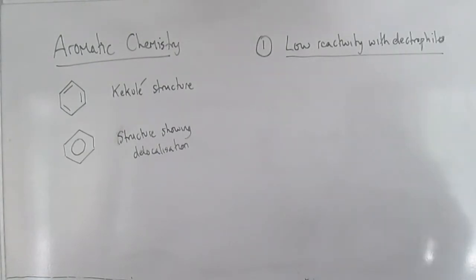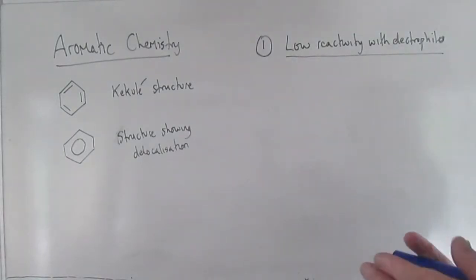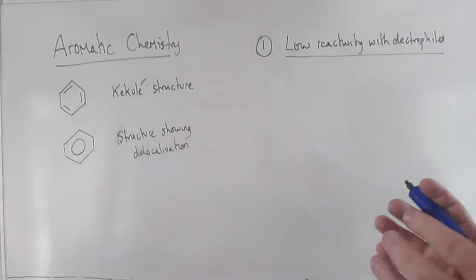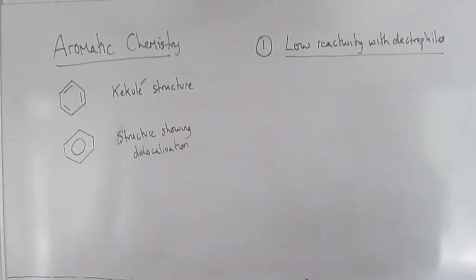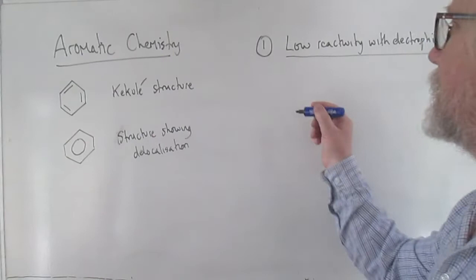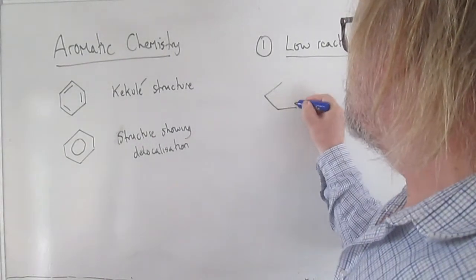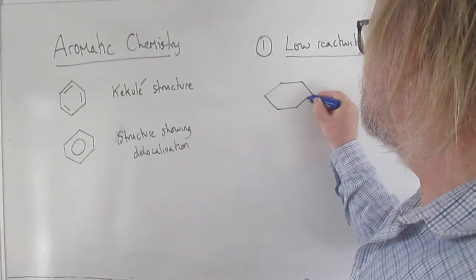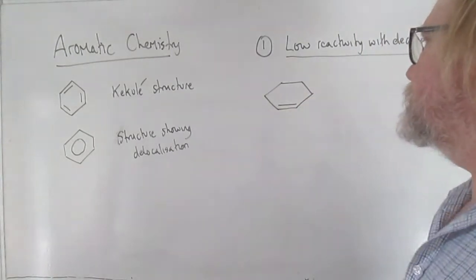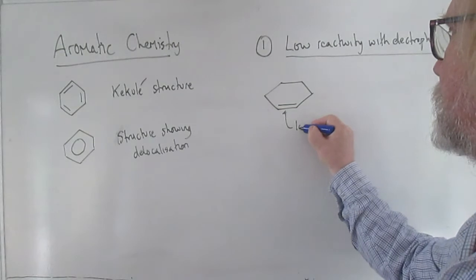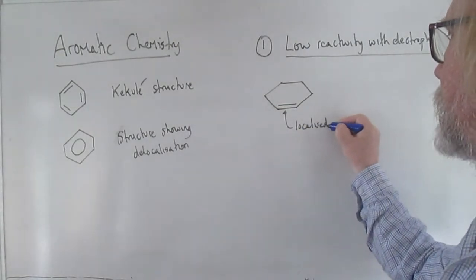So there are sort of various ways of explaining this from a chemical point of view, but the one that the exam board likes is based on the idea of electron density. So electron density means, if you like, how many electrons are there within a given volume of space. So if we think about cyclohexene again, which is that. Okay, so that's a localized pi bond,